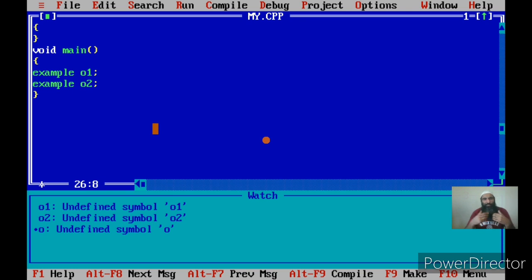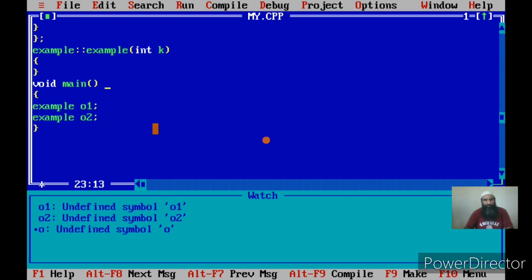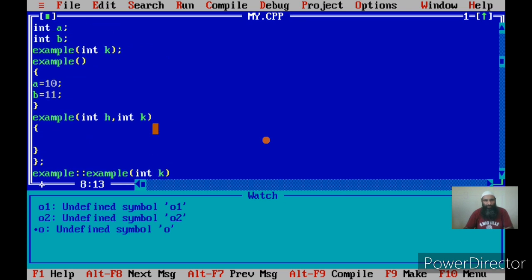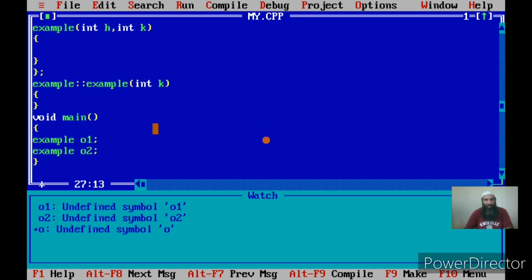Now, can the constructors be called afterwards? Since the constructor has been called the first time, let us try to see whether the constructor can be called afterwards or not. So I'll make a call to the constructor with o1, dot, example.